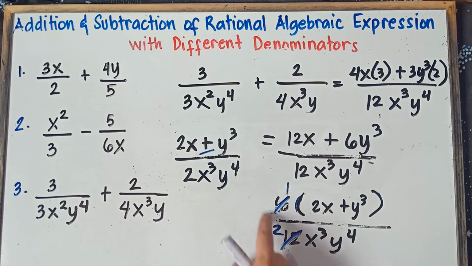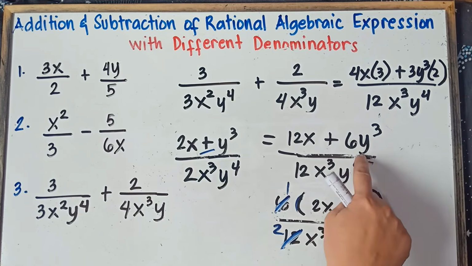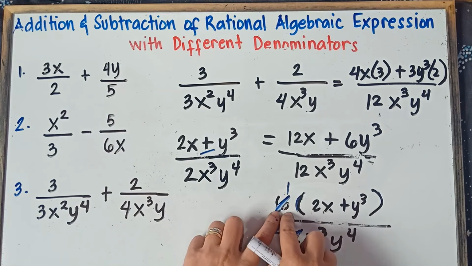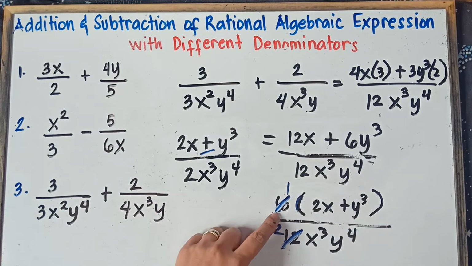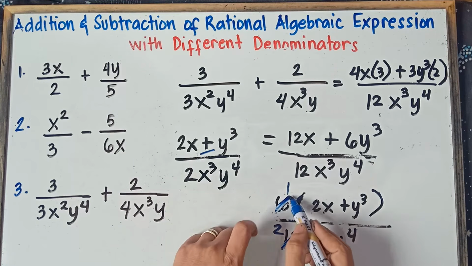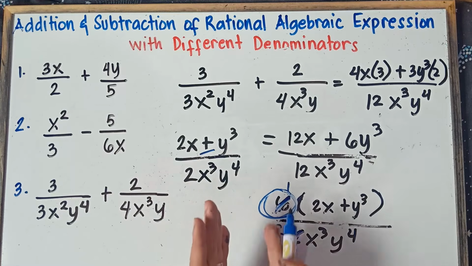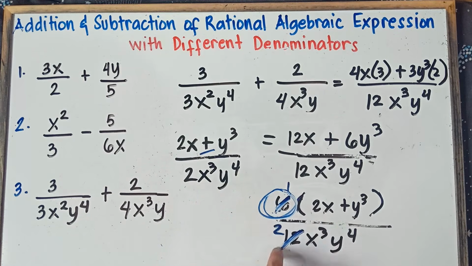We can divide this one, class, because we factor out 12x and 6y by 6. Now, 6 is outside the expression. 6 is monomial. That's why, class, we can reduce 6 and 12, because 6 is just alone. 6 is just monomial, one term alone, and 6 is outside this expression. So, therefore, we can reduce 6 and 12.